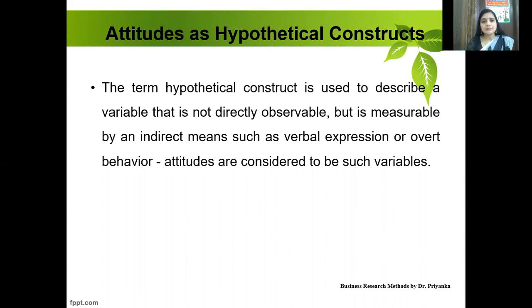When we need to observe someone's attitude regarding something, most of the time we say that it is either optimistic or passive behavior, positive attitude, negative attitude. We always talk in terms of them. It is not like we actually get a figure that yes, that person has 9% attitude, 10% positive attitude, or 0% attitude. Nothing like that is there, right? So that is why we need basic scaling to measure attitudes, so as to define them in our own ways, so as to make it easier to measure